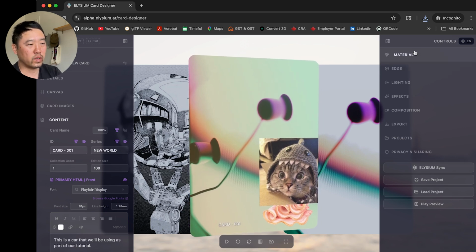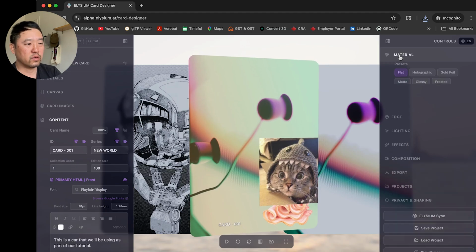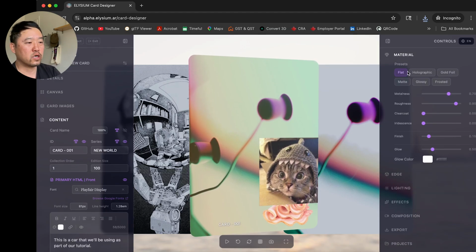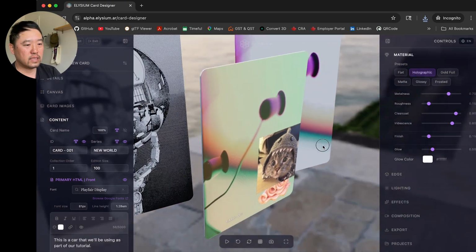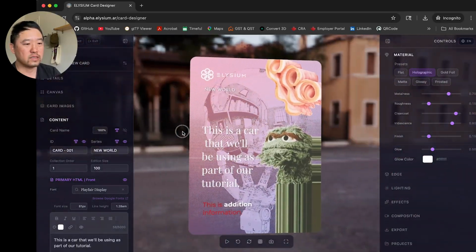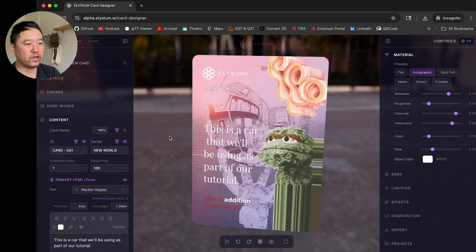So now that you've done all of the actual content on the card, the rest of this, on the right side, are the controls for more or less the experience. So, once again, you can add a finishing to the card. Right now, all cards by default have a flat finish, but you can add a holographic. And this means that it becomes reactive to the lighting in the environment, right? So you'll see how it has a nice shine to it. You have reflections.